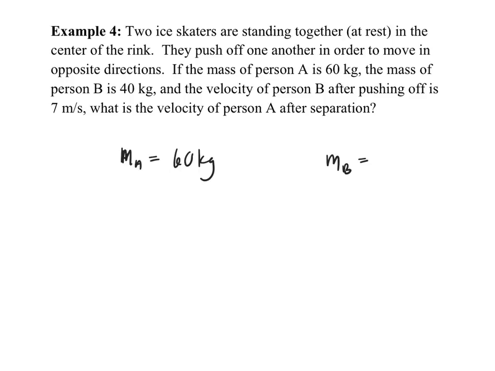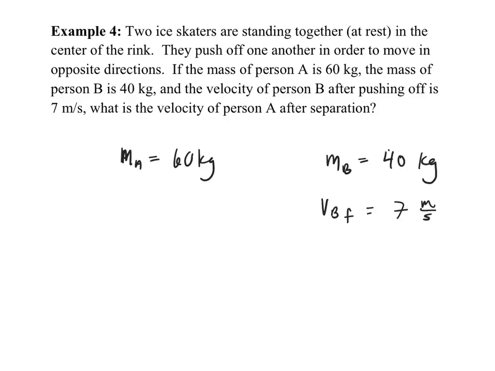Oops, not 70-40. We're told that the velocity of the second person after pushing off, take a look at what I'm writing, that's VBF, is 7 meters per second. Again, the velocity of the second person after the interaction means F. That's what we have. Before the interaction,